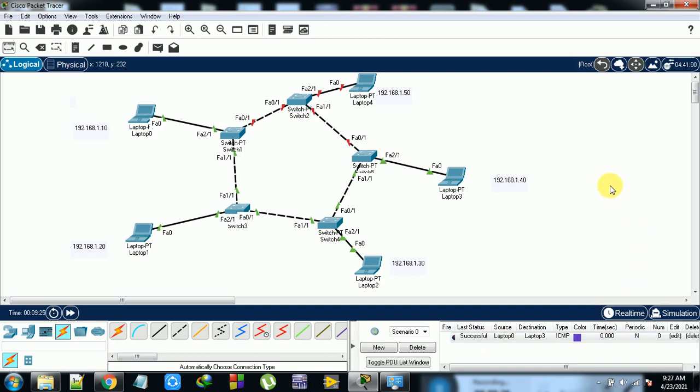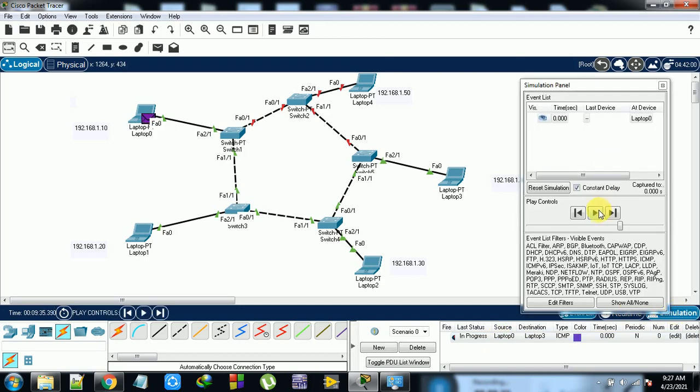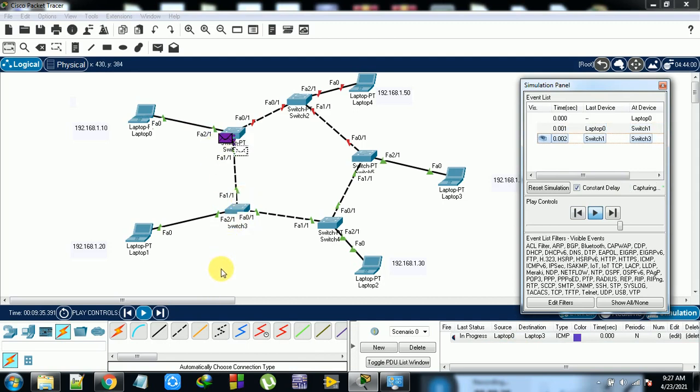If you want to simulate, you can, and you can see like this. In that way the data is going. But I want to check one more thing: whether you are giving a default gateway, what happens.